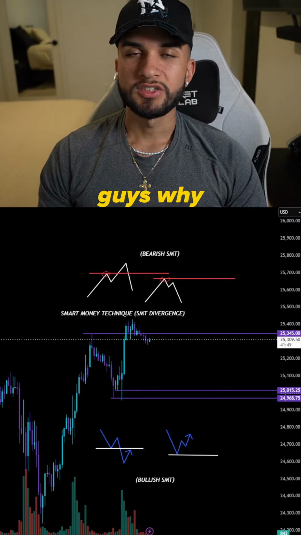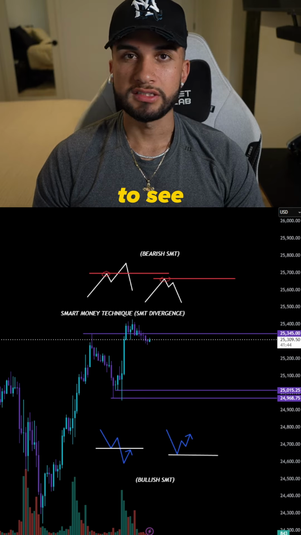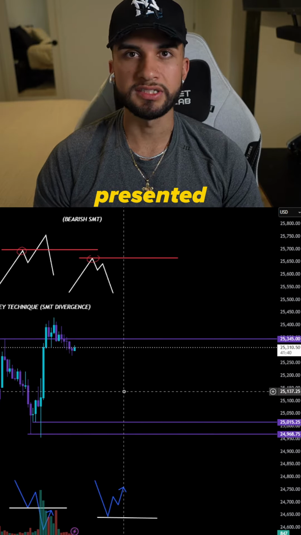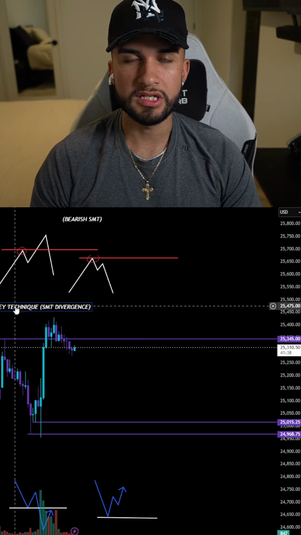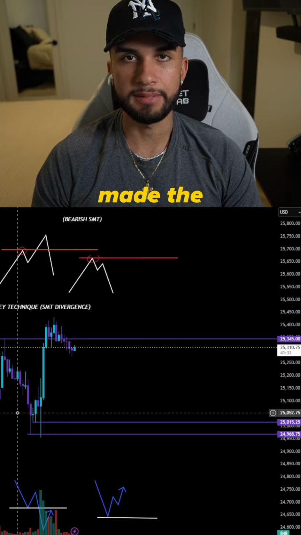Today I'm going to explain to you guys why I trade SMT divergence and how you can start seeing them and training your eye to see them daily within the market. So as you guys can see here, today's long was presented based off of an SMT divergence. Also, there were other confluences, for example, a fair value gap and other key things that made the momentum play